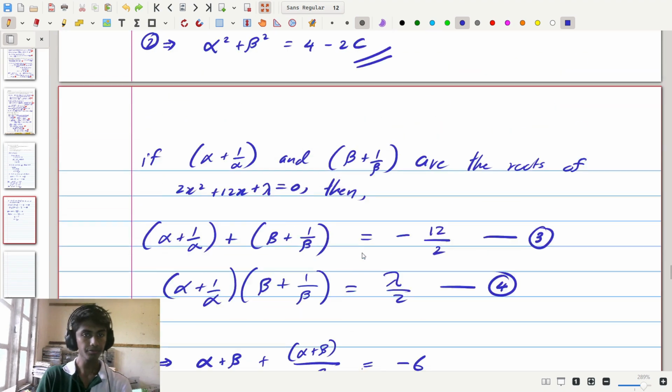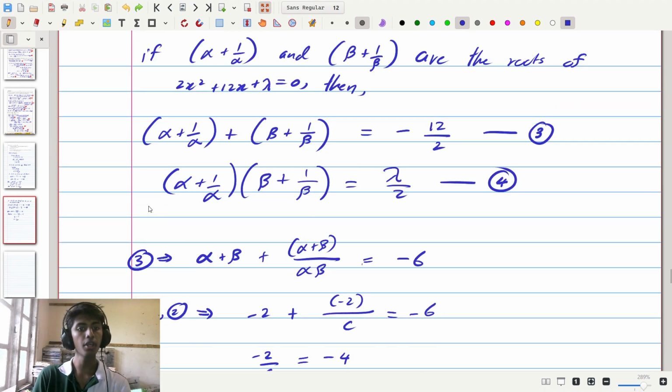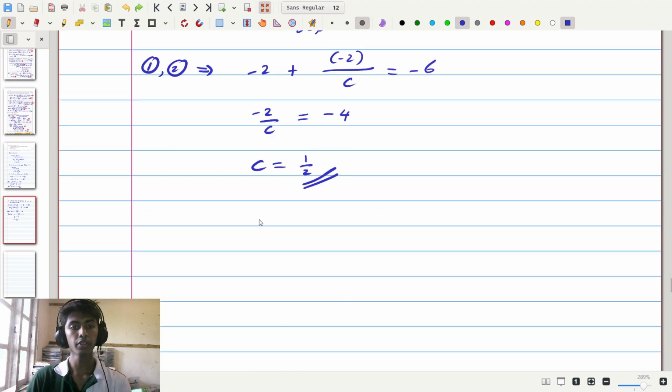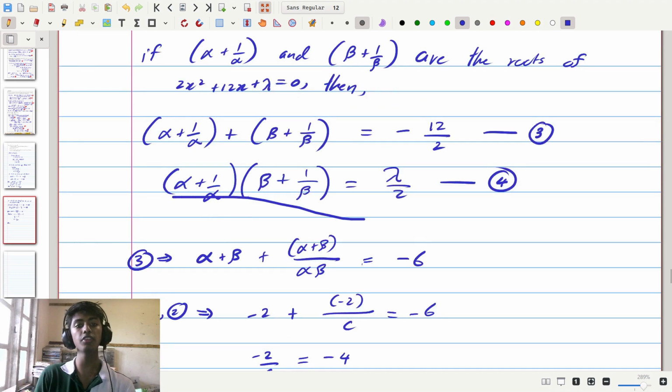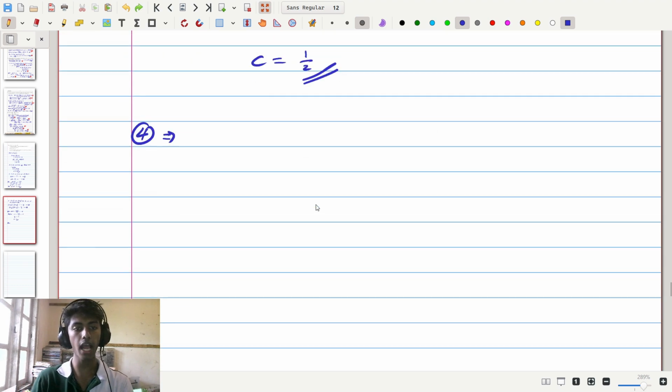So to find lambda, as you can probably guess, we need to use equation number 4. So considering equation number 4, if we take it and we expand it, we can see equation number 4 is going to give us this expansion, which is going to be alpha times beta. So we can write alpha beta,